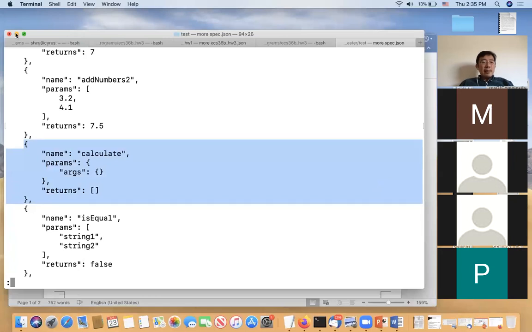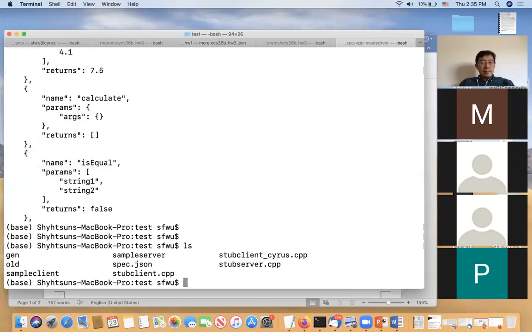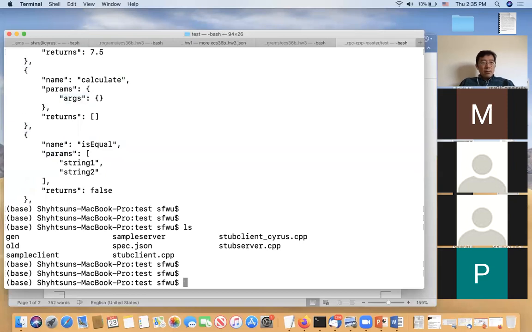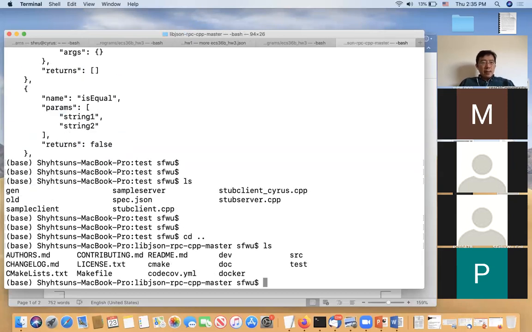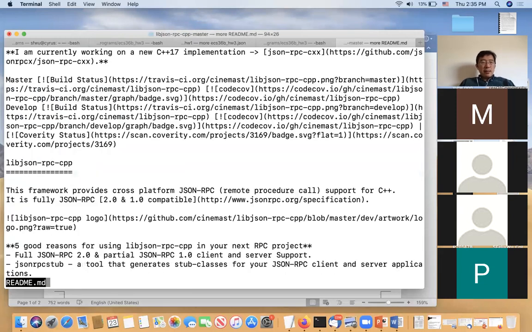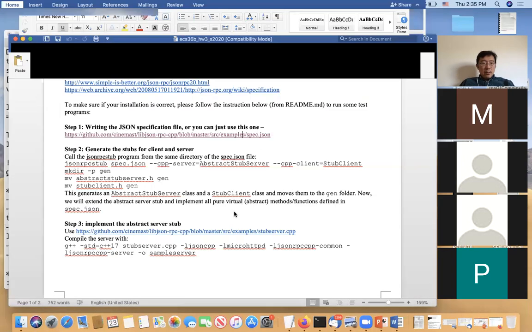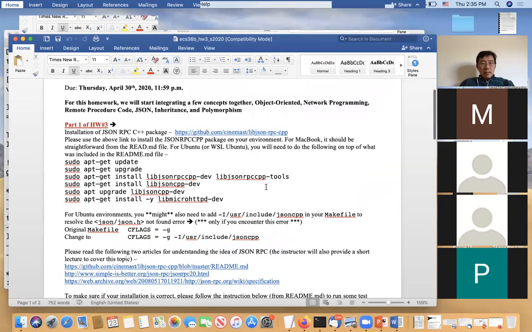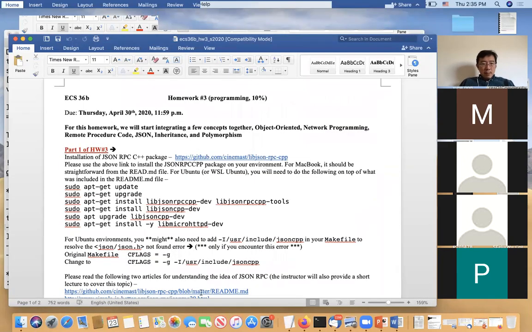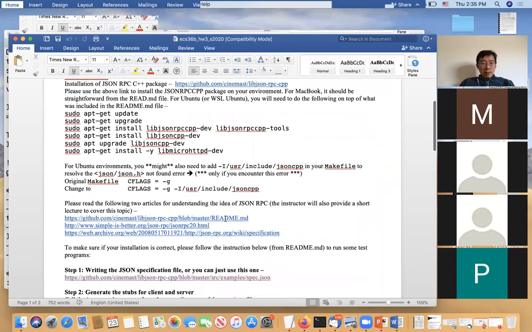If you look at the README, this is the document you receive. Maybe I should just directly go to the link. Okay, if you come here,